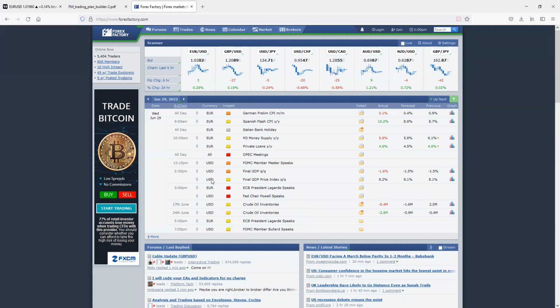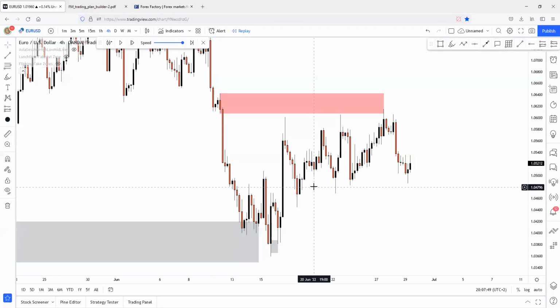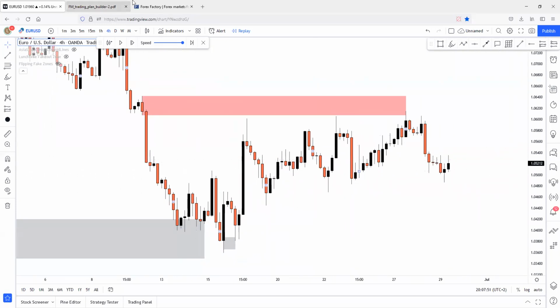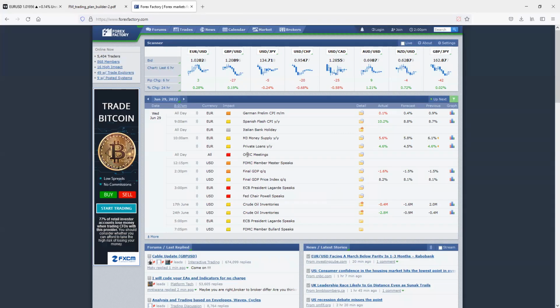Yeah, which actually will be released after this session, so we don't really have to care about this. Let me just switch back to the chart. There are OPEC meetings all day long, but these meetings aren't really having much impact on charts. These are just getting released minute by minute, hour by hour, and you can't really know when it will hit, but these aren't having that much of an impact on charts, for example, like NFP.